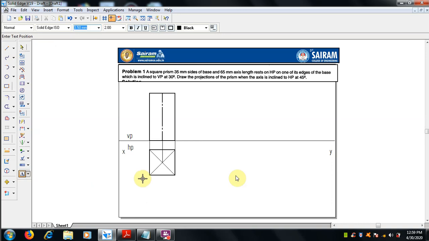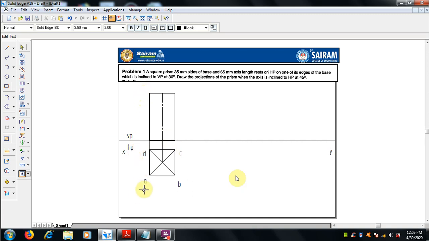Now we can mention the names for the top view and the front view. Here, visible from the top, I can say the top face ABCD. So the top face I am mentioning as ABCD, and the bottom face of the prism is 1 2 3 4.